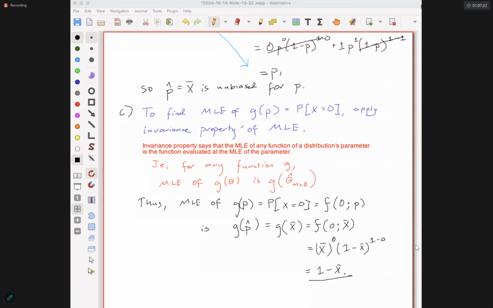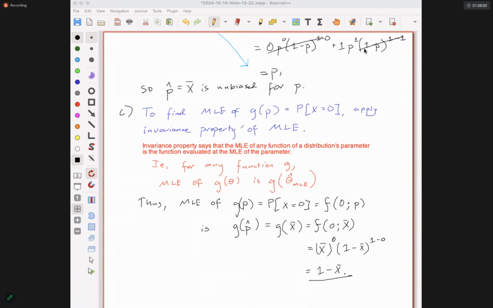No, this is any MLE at all. We can take any function of any MLE, plug in the MLE for the parameter, and that gives us, or sorry, here's a little bit wrong. For any function of a parameter we're interested in, the MLE of that function is the function evaluated at the MLE of the parameter. And this is the same thing that we did in the examples that I had for you